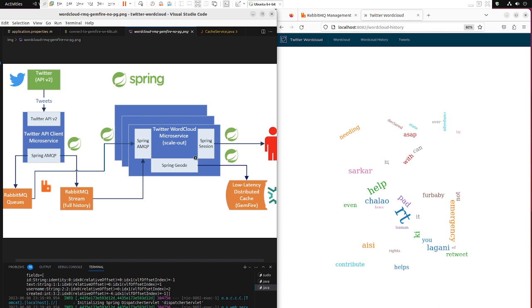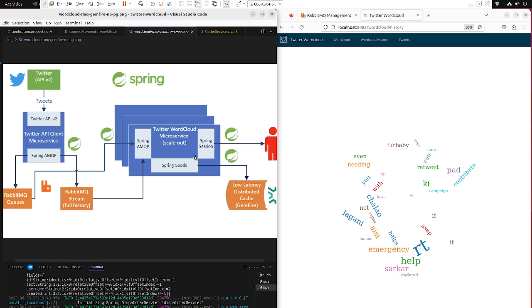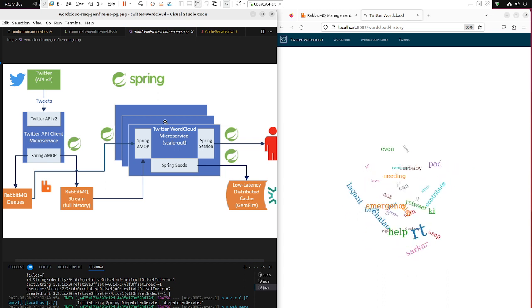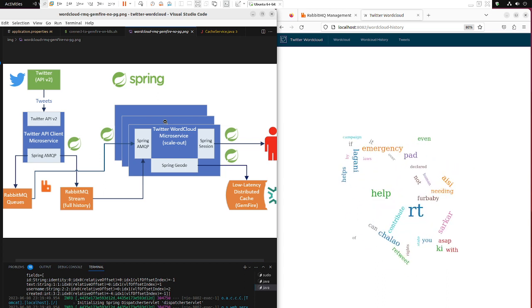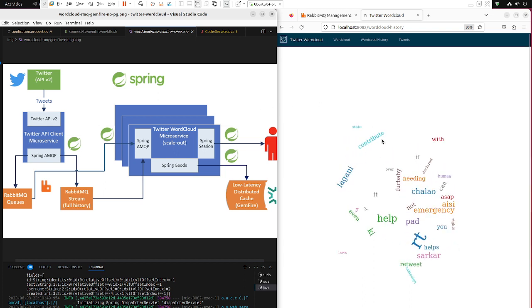Now we have a second microservice we call the Twitter Word Cloud, which scales horizontally so that it can have multiple replicas to handle larger traffic on multiple machines and provides high availability. Each replica has a built-in web server so that we can open the browser and see the UI like we see here right now.